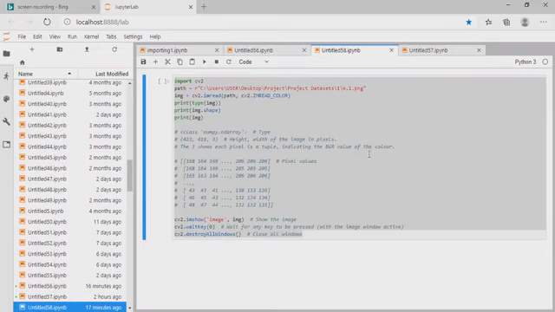And this is the program for reading the image from the folder. If we run this program, we'll get the image read.